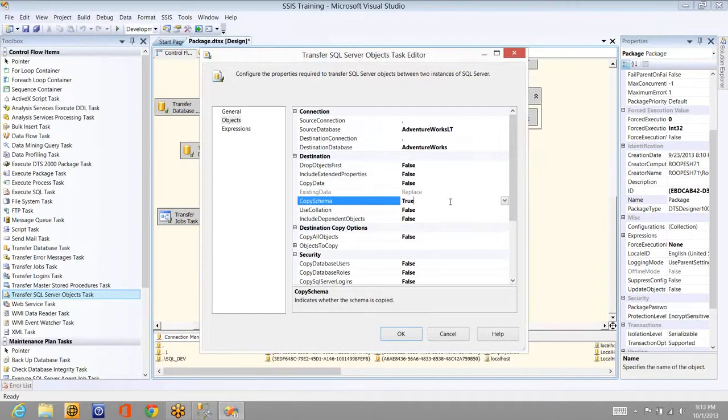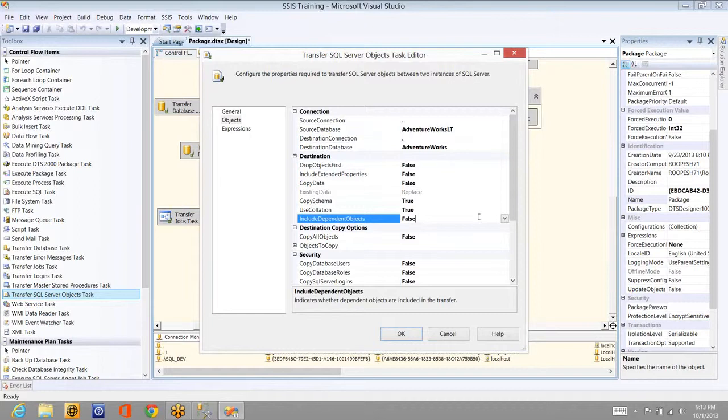If a table belongs to any particular schema, or a stored procedure belongs to any particular schema, the default schema is DBO, and you can create your own schemas like employees.table name, employees.another table name. So schema means that one. And use collation means it's for column collations. It's just like settings here, column settings and so on. You can leave it set to true, better to go with true always.